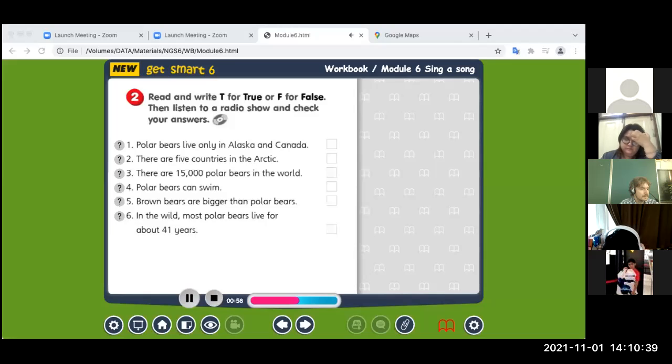Do they live on the ice all the time? No, polar bears spend a lot of time in the water, too. And how big are they? Are they bigger than brown bears? Yes, polar bears are the biggest bears in the world. But when they are born, they are very small, like a rat. But they can grow and become very big. They can become the size of a man in the first year.